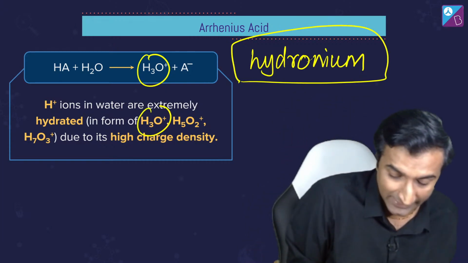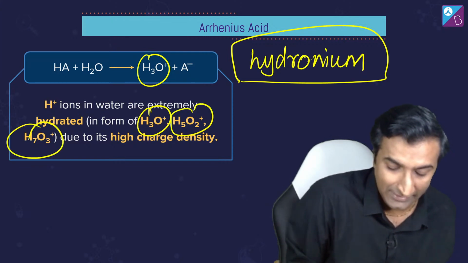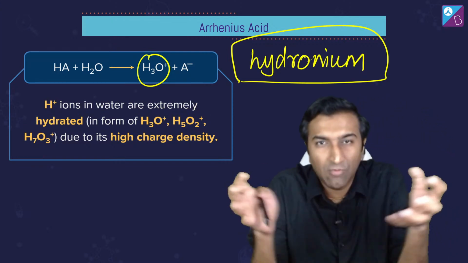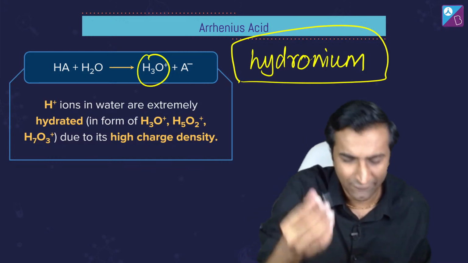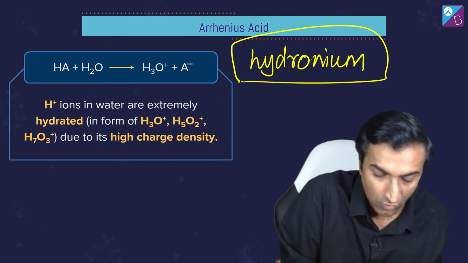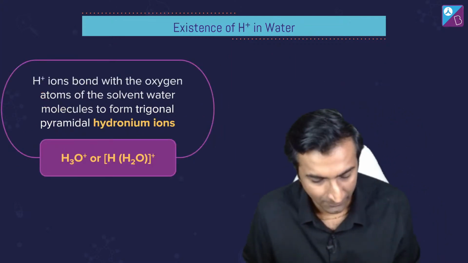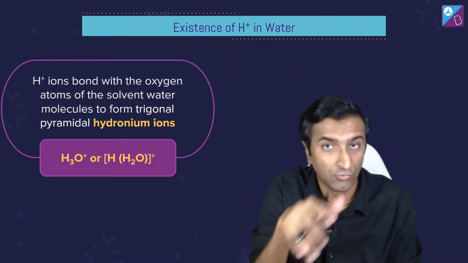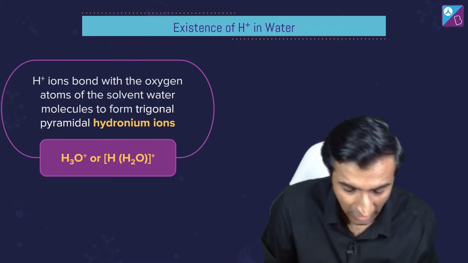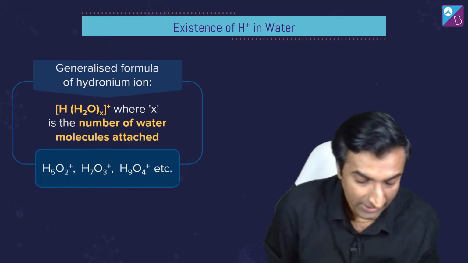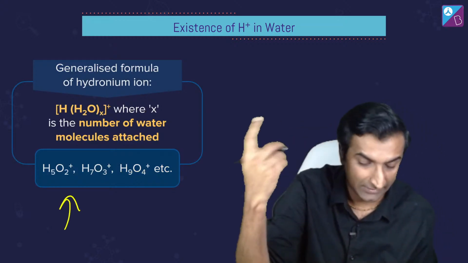But not just H3O+, it becomes H5O2+, becomes H9O4+, because की चार्ज डेंसिटी बहुत हाई है, चार्ज बहुत ही छोटा सा आयन है, ठीक है? ये थोड़ी सी एक्स्ट्रा इंफॉर्मेशन है, सो यू कैन राइट इट एज H3O+ और H+ दोनों लिख सकते हो आप. Cool. But this concept H3O+ will be useful when we do more complicated things later on. ठीक है? All right, this is called a hydronium ion. Let's move on.